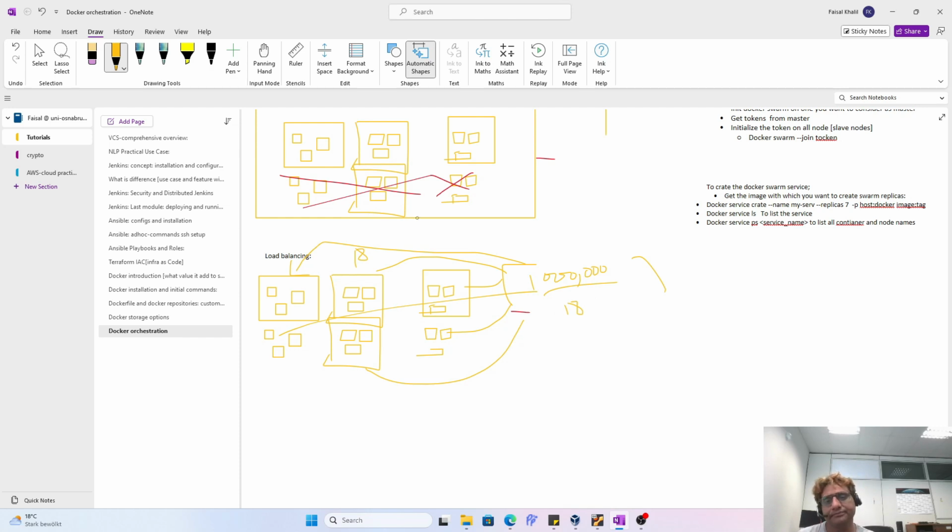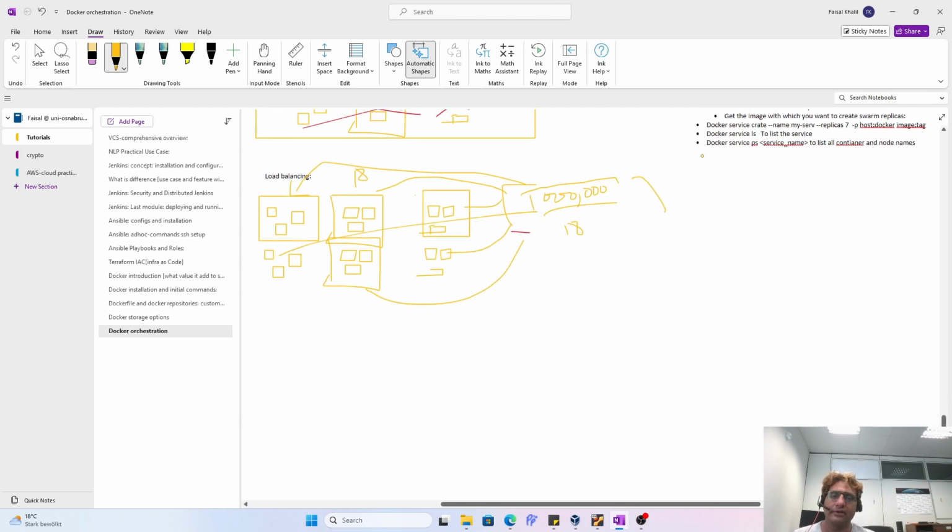For example, what if all these calls go completely to this one server and this service is overloaded and the efficiency is not good? But if it is intelligently distributed, then it's a great thing, right? And then the next concept, which is very important, is